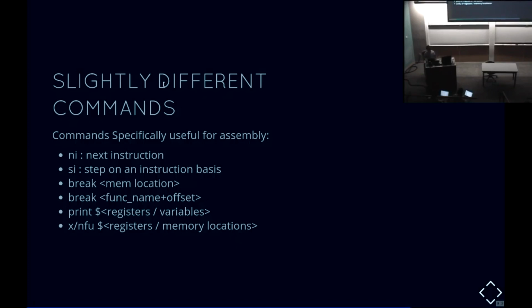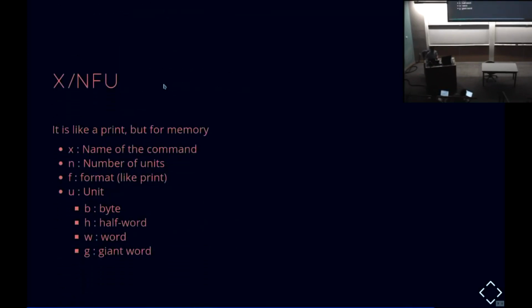Again, this is also the same, what's it called, options for print. So if you wanted a pointer, you'd use P. If you wanted an int, you'd use D. If you wanted a character, you'd use C, and more other things like that. And so yeah, so for X and FU,